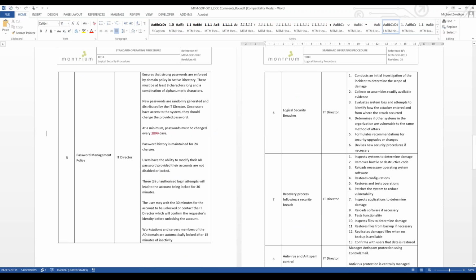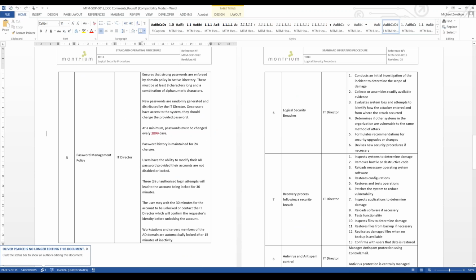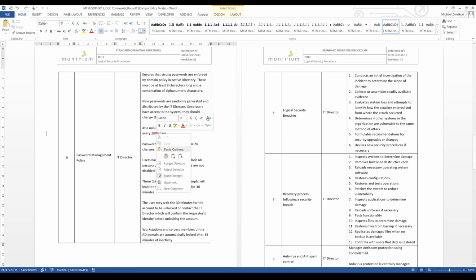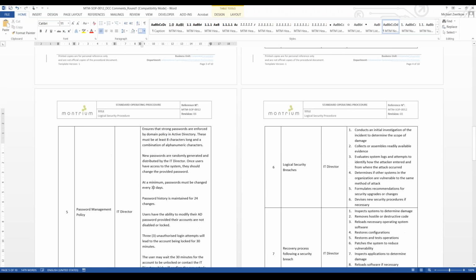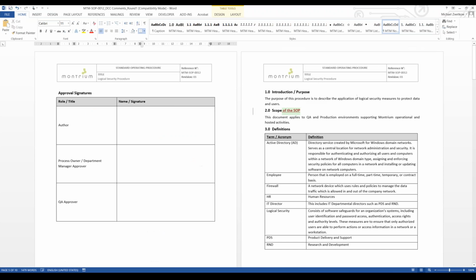as we can see here, this is the section that Oliver updated to indicate that the password needs to be changed every 30 days. So we removed the 90 days and we replaced that with 30 days. So I can accept that change, and I can accept this insertion as well. And so as the